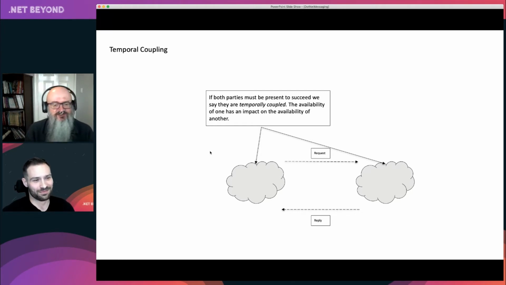Yes, exactly. So this idea of temporal coupling, that our services can end up in this horrible mesh where availability of one depends on availability of the other. And the way that tends to manifest is things like when you want to release a new version of your service, all the other services are dependent on you. They can't talk to you anymore for a period of time. So your release impacts their uptime.